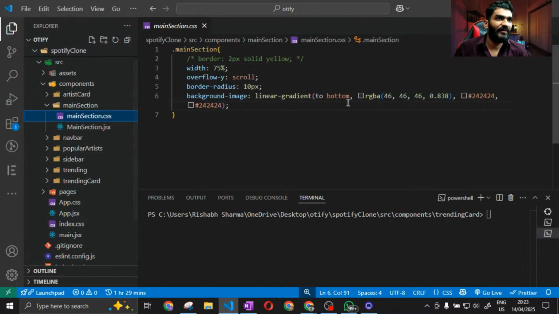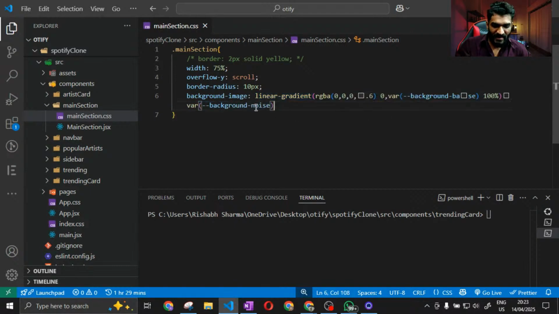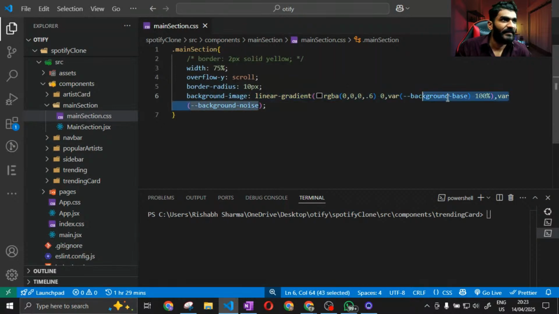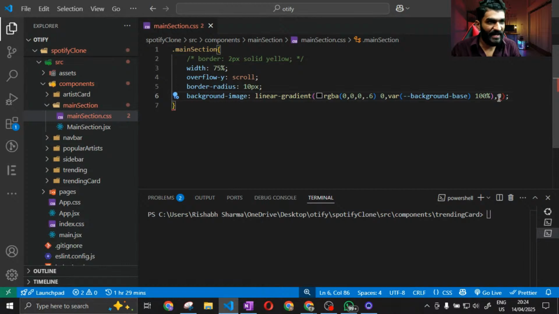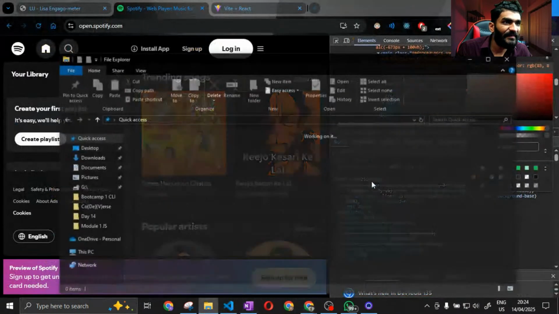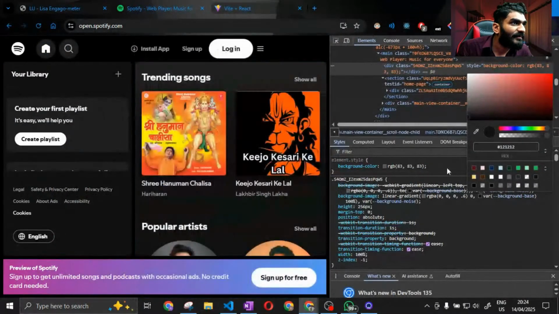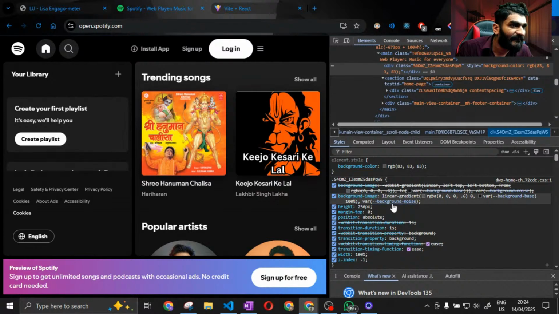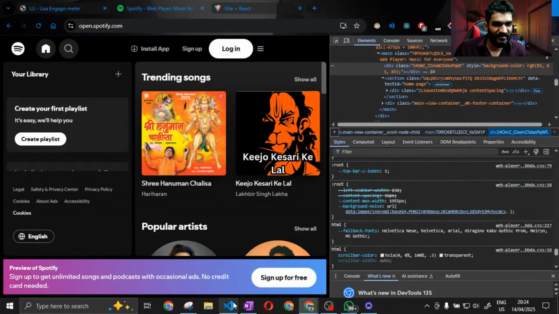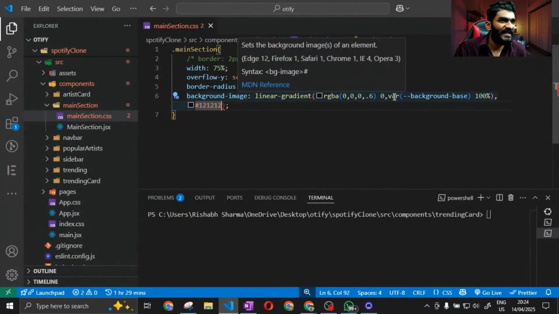मेन सेक्शन पे लगेगा, उठा करके लीनियर ग्रेडियंट पे मैं अपना ये बैकग्राउंड चिपका देता हूँ, राइट, और यहाँ से मेरा बैकग्राउंड नॉइज आ जाएगा, #121212, ठीक है जी, ये मेरा यहाँ पे आ गया। और बैकग्राउंड बेस में क्या है मेरे पास? अच्छा ये बैकग्राउंड बेस है और ये बैकग्राउंड नॉइज है, इसको तो हटा दे, ठीक है। तो बेसिकली ये मैं यहाँ पे भी यही डाल देता हूँ,